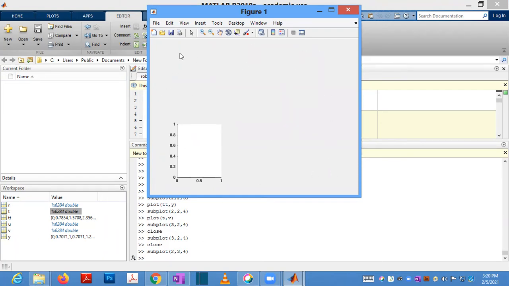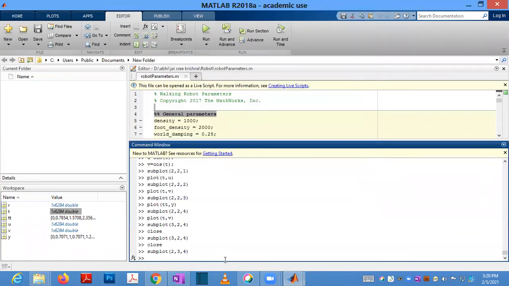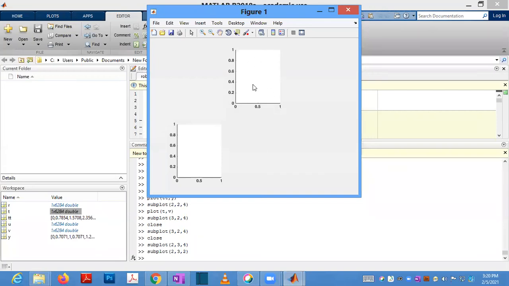So the first element will be 2, 3, 1 here, 2, 3, 2 here, 2, 3, 3 here, then 2, 3, 4, 5, 6. I am showing 2, 2, 2, like that only. So in subplot, the first one is how many rows, the second one is how many columns, and the third one is which place you want to place this plot.